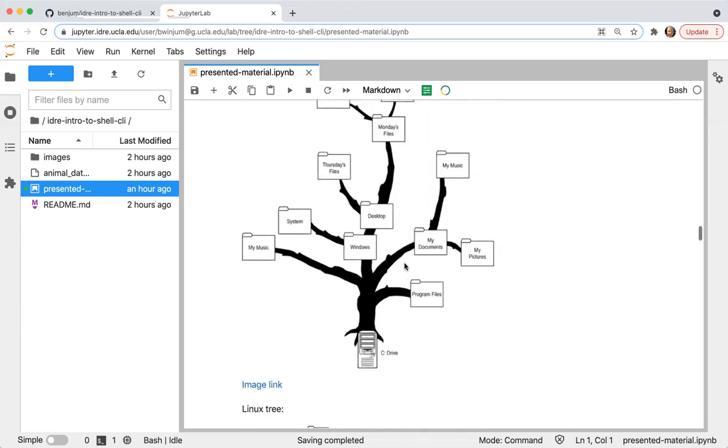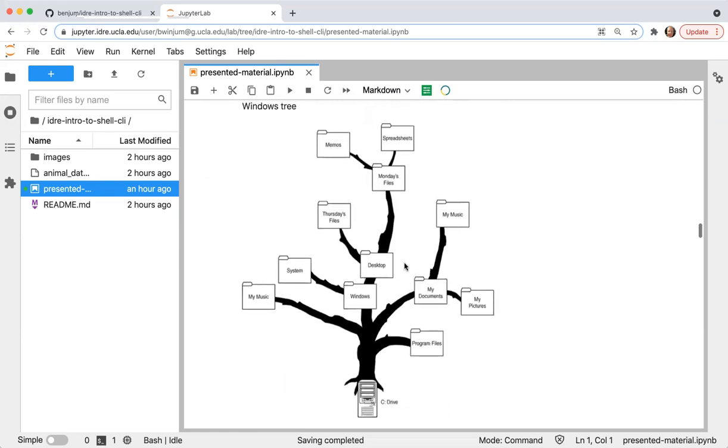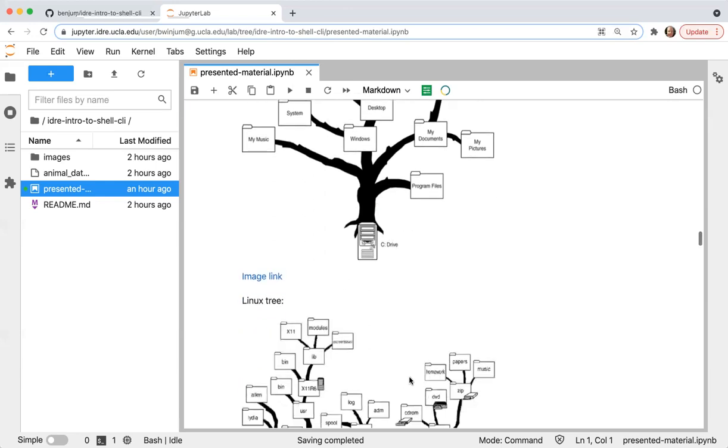One difference between the Windows tree and the Linux tree is that with Windows, if you've interacted with Windows, you might know that if you attach a CD drive, or if you insert some kind of flash drive into it, it won't be referenced as the C drive. It might be the D drive or the F drive. There are different roots which come in when you attach devices to Windows.